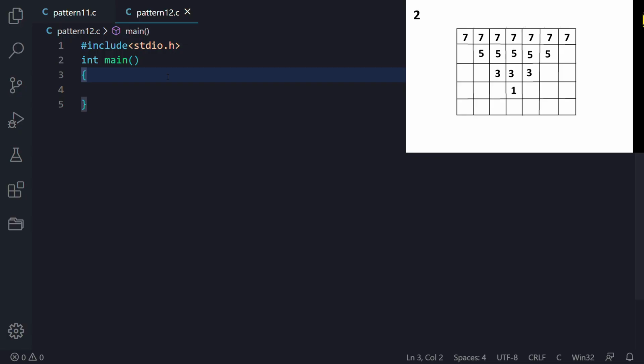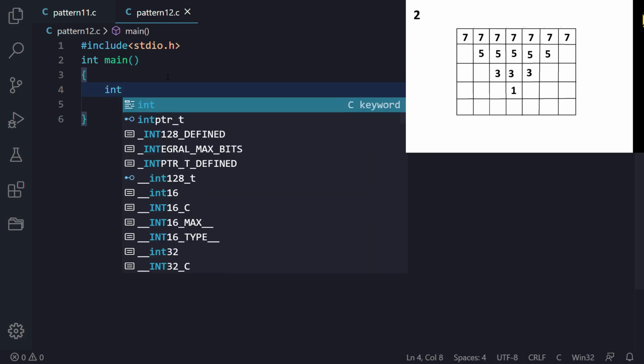So here we are back to our second question. In our second question we have to print a pattern of a reverse pyramid. You can see here, it is printing some numbers like 7 printed 7 times, 5 printed 5 times, 3 printed 3 times, and 1 printed 1 time. So let us see, we have already discussed that in our theory part, that first of all we have